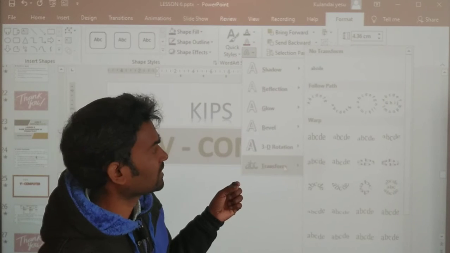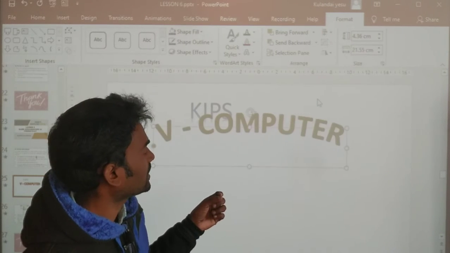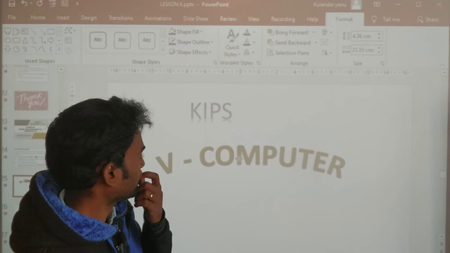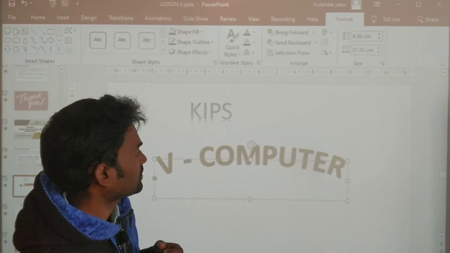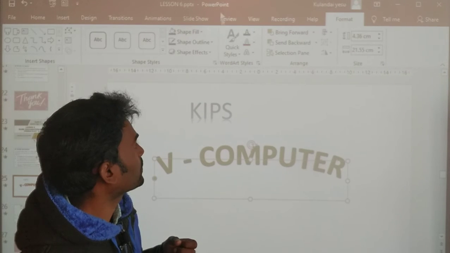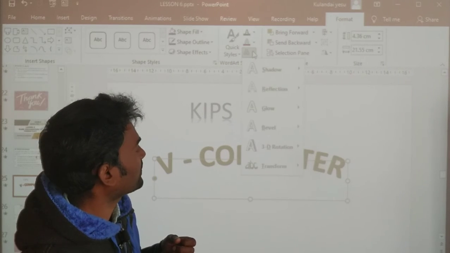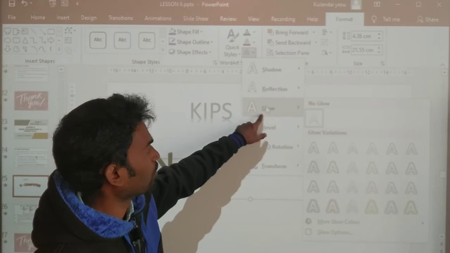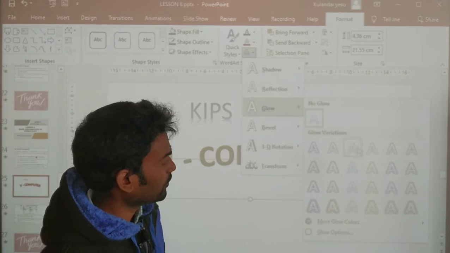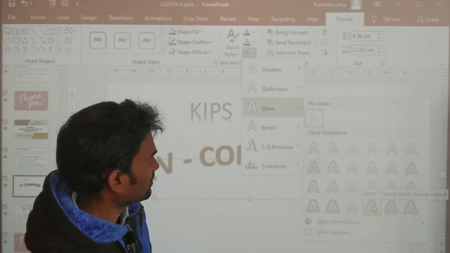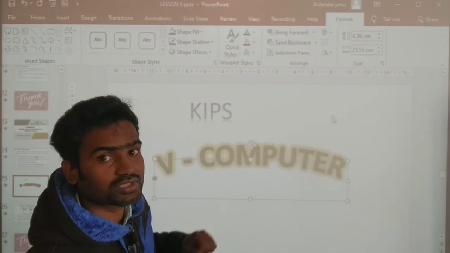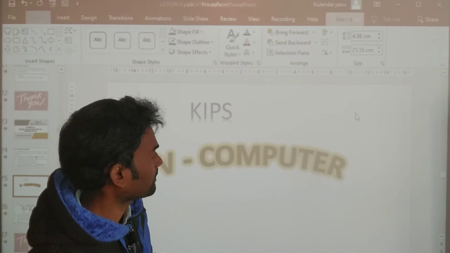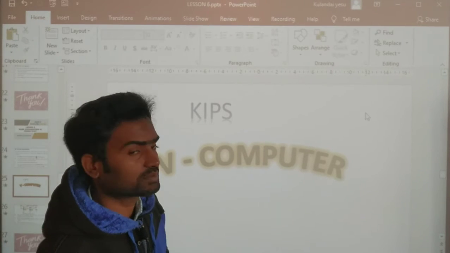So as we have seen that arch type, right? See here, now it's being changed like arch type. We can change the position also, right? So we can do that. So now as it is given in the book, we are going to change the glow, and we can change anything. See here, outer side the glow has been changed, some defect will be there. See, fifth computer, glow has been changed.